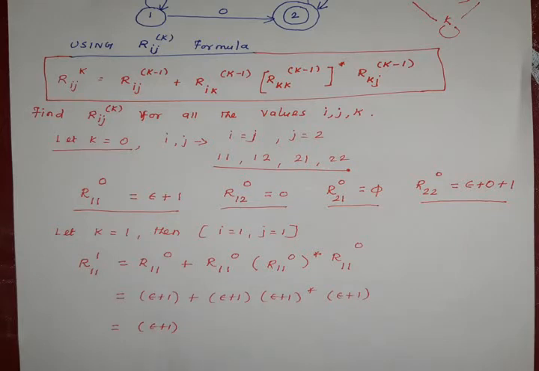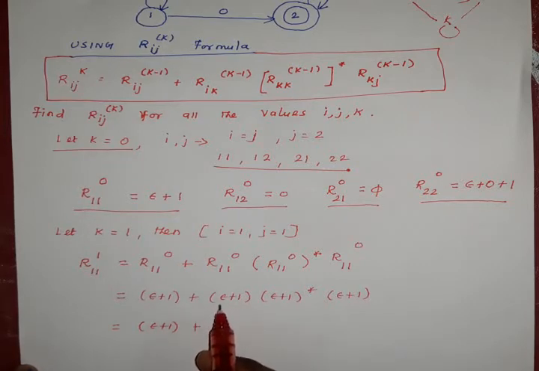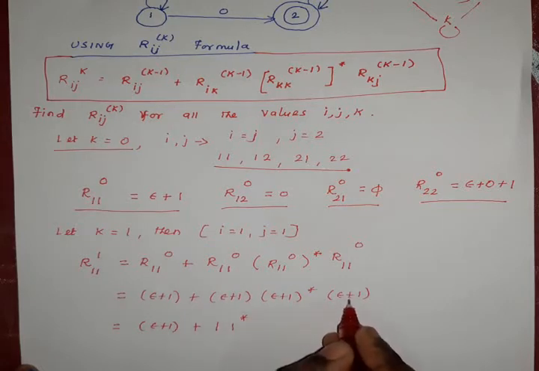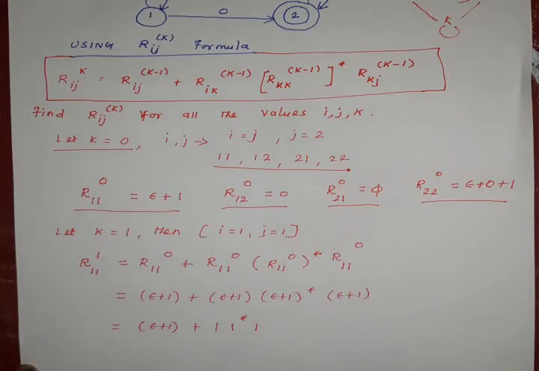we have to simplify. In this expression, epsilon plus 1, we all know epsilon is nothing, so epsilon plus 1 value is 1, right? And also epsilon plus 1 star value is 1 star. Epsilon plus 1 value is 1 because epsilon is nothing, so nothing added with some particular value gives the result of that particular value. So 1 star and 1. So again I am going to write epsilon plus 1 and plus, here this is the concatenation operator, not the plus operator. So 1 concatenation 1 star concatenation 1.